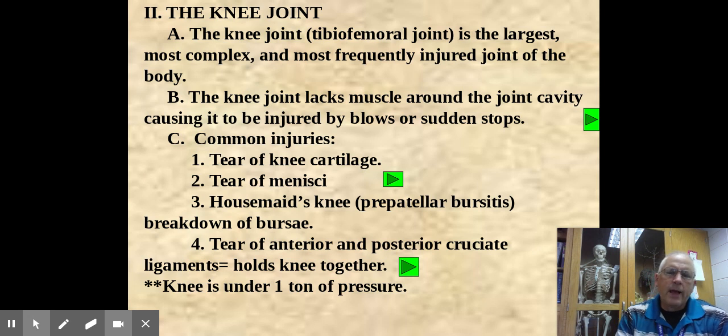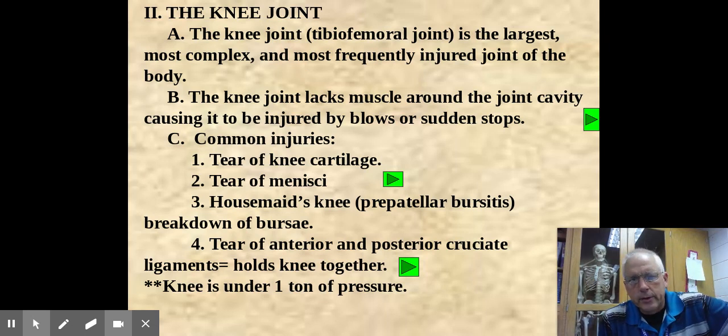But what that means is it's the most frequently injured joint, with injuries that require a doctor's care, surgery and things like that. So it's the most complex, and that causes us to have some issues with it. The other problem we have with the knee joint is it just lacks a lot of muscle around the joint